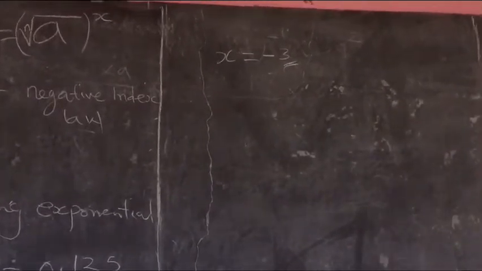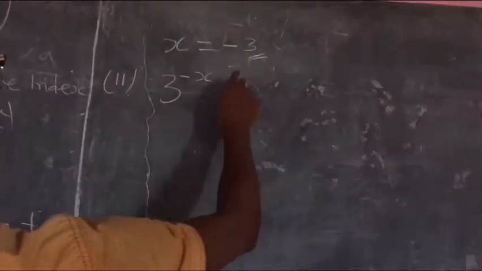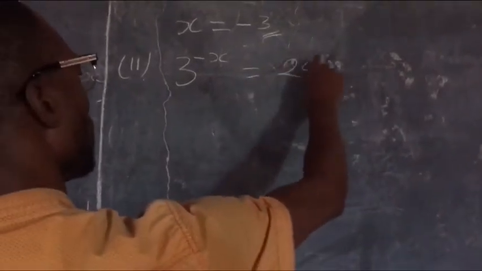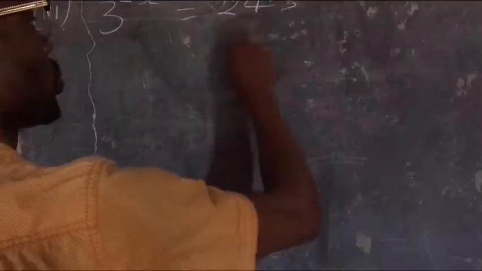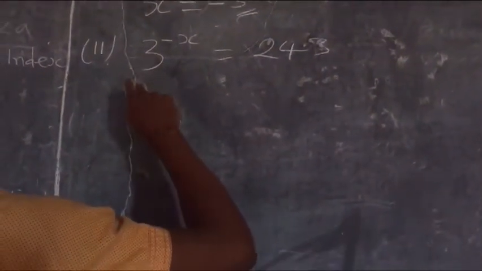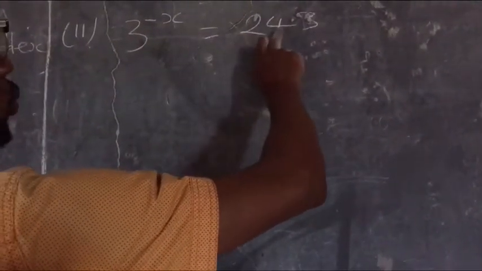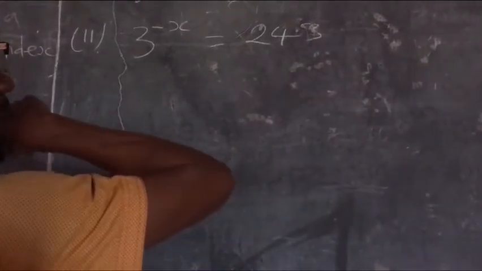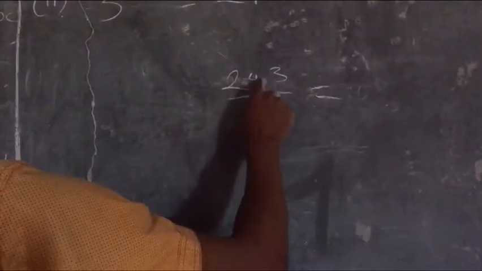So we can do number 2. Number 2 says I get 3 raised to power minus x equal to 243. 243. It's 2 now. So now I go for my clue, to know how many times, or to how much power I will raise 3 to give me 243. So if I take 243, divide by 3 like this, I get 243 divided by 3